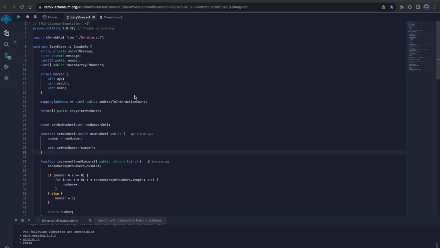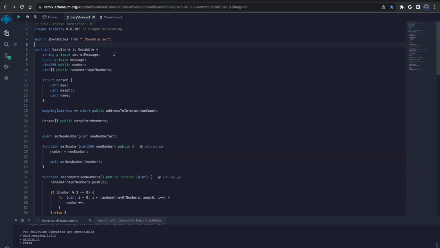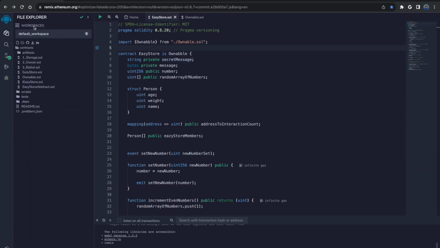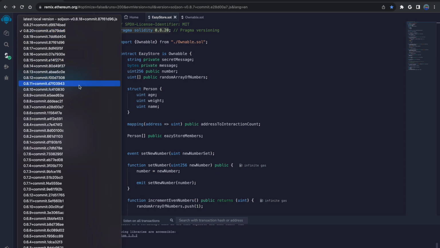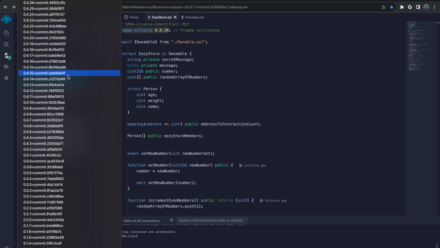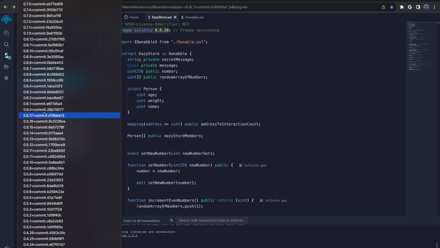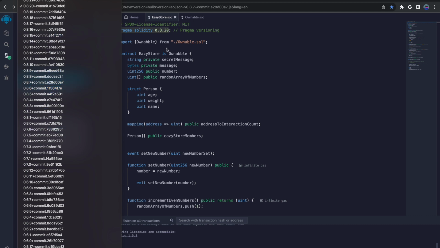So let's take a look at what I'm talking about here, and let me zoom in. We're specifically talking about this section right here. So we see how we have the SPDX license identifier. We have it as MIT, so anybody can use this code. And then we're using pragma Solidity 0.8.20. Just to take a look at some of these compiler versions, the latest is 0.8.21. As you can see, some of these older compiler versions is what you would use back in the old days of Solidity. And with each update comes new functionalities and bug fixes.